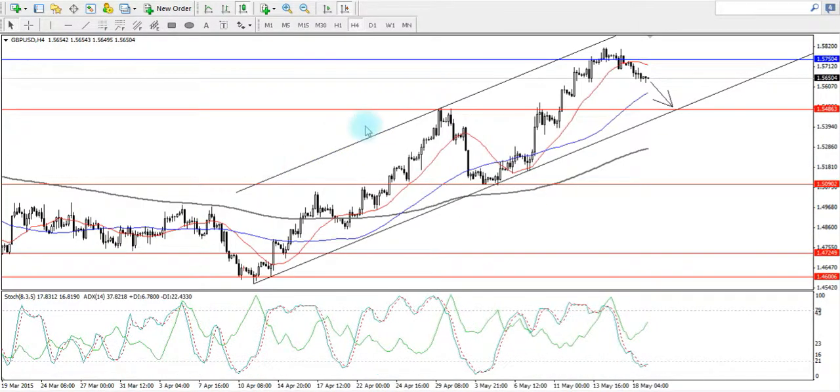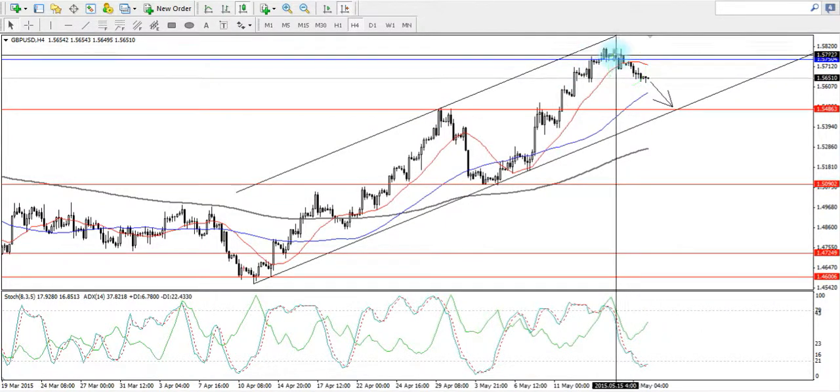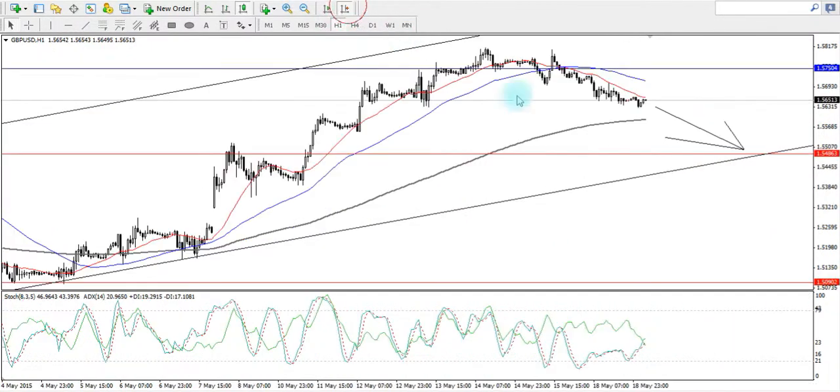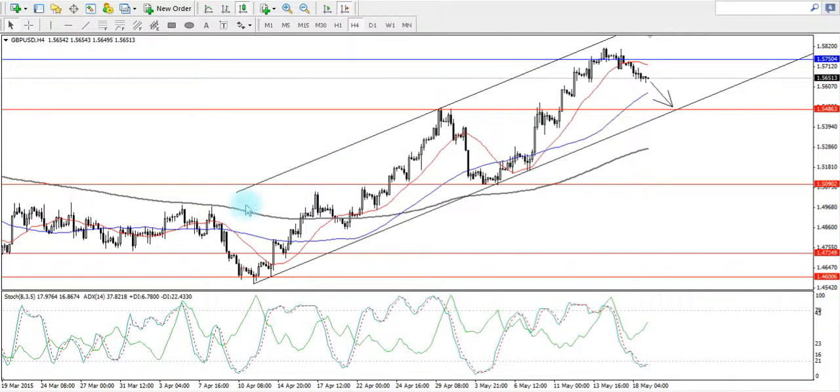Alright, so next we have the pound against the US dollar. So as we see, price is currently appreciating within a rising trend channel, but recently it just kind of starts to fall and retrace even before it touches the top of the channel itself. Alright, so later on, there will be a piece of news at 4:30 p.m. for the consumer price index for the pound itself, and therefore